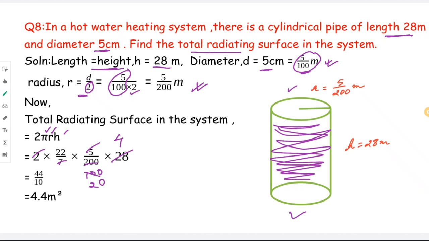Then 2 into 11, and 2 10s are 20, which means I'm having 11 into 4 is 44, and then this 10 is there. So if I divide, I'm going to get the total radiating surface to be 4.4 meter square, which will be our